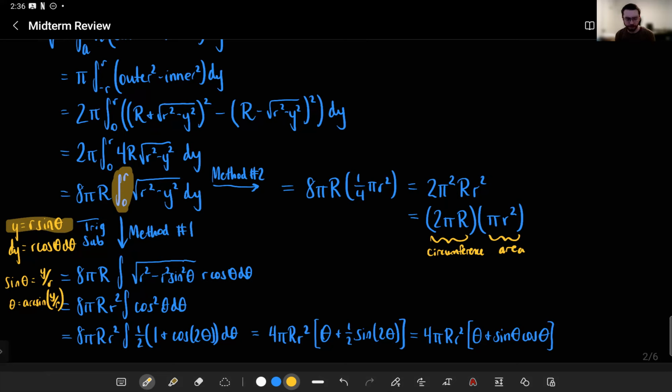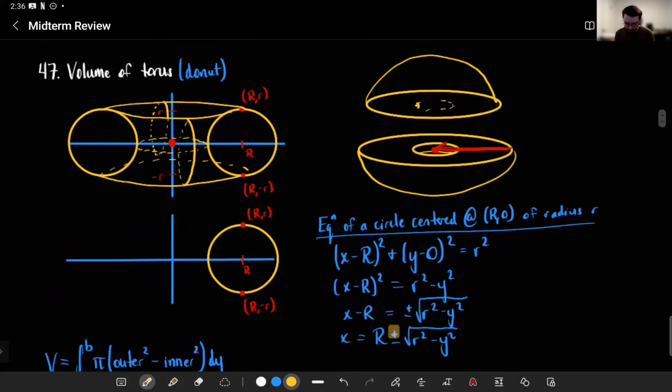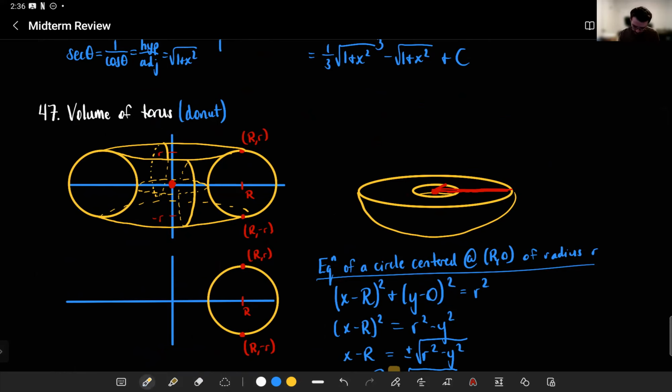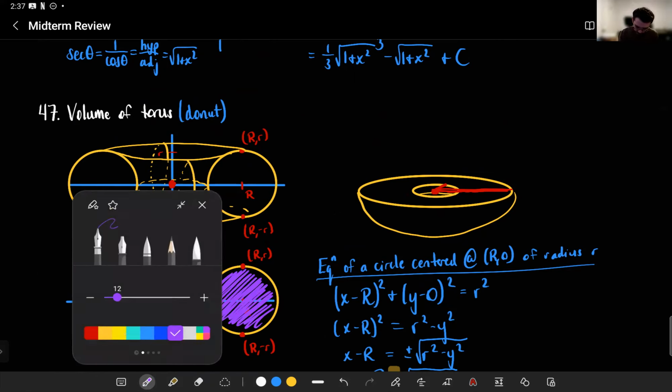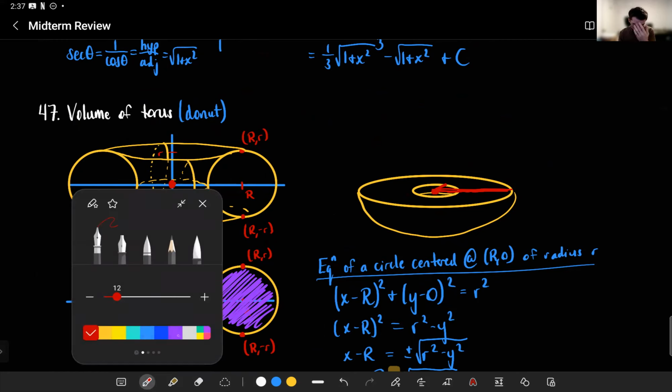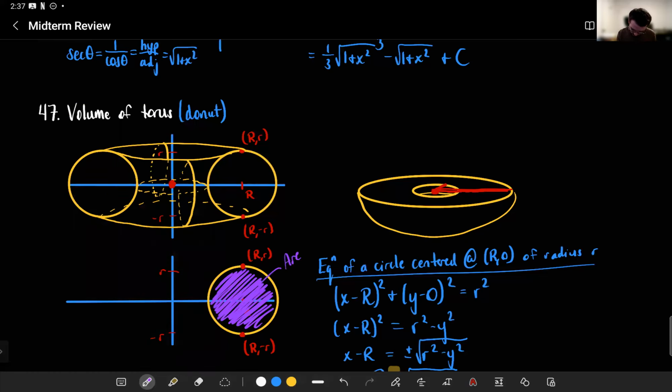So why does it make sense to be multiplying a circumference of a circle with one radius times the area of a circle with another radius? It's because if we go back to our diagram, let's forget about the bagel over here. If we go back to our diagram, let's mark some things up here. In purple, filling this in and asking what the area is, well, this circle had radius little r. These were negative r and positive r. And so this area